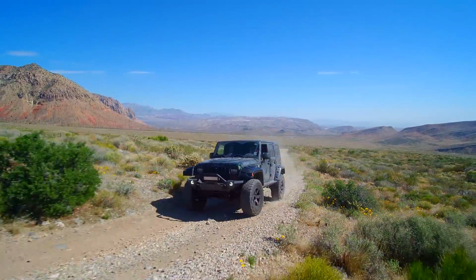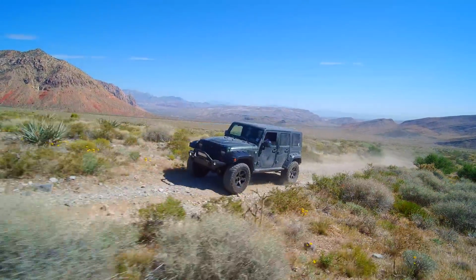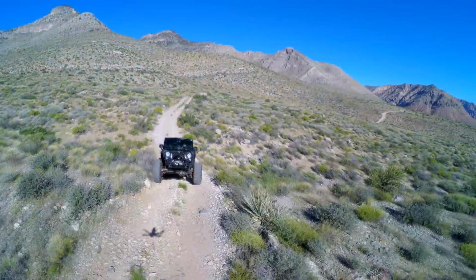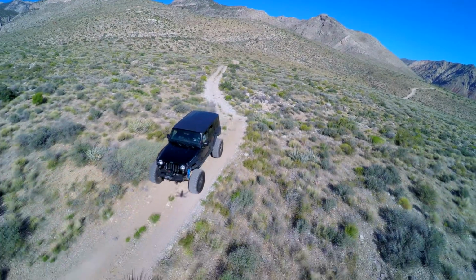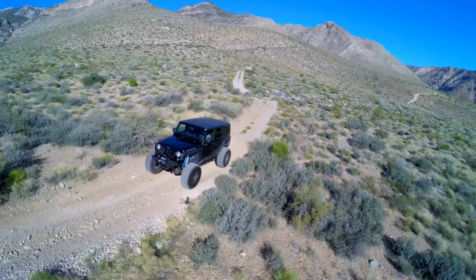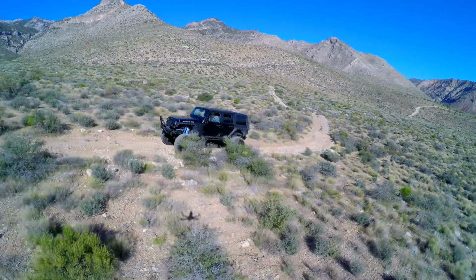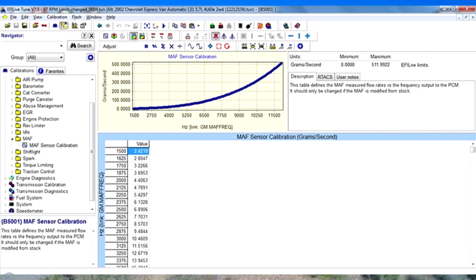We're working in California, and when you work with an executive order intake, these intakes are flow tested to make sure that the characteristics work with the MAF sensor. You can't just take a MAF sensor system, build any intake you want, throw the MAF sensor on and expect it to work properly. If you add a snorkel or change the intake up, the odds are the MAF calibration is going to have to be changed. And that's not a hard thing to do these days because most of the tuners have the ability to change MAF calibration. What that means is you can go into the operating system, and the Gen 4 and Gen 5